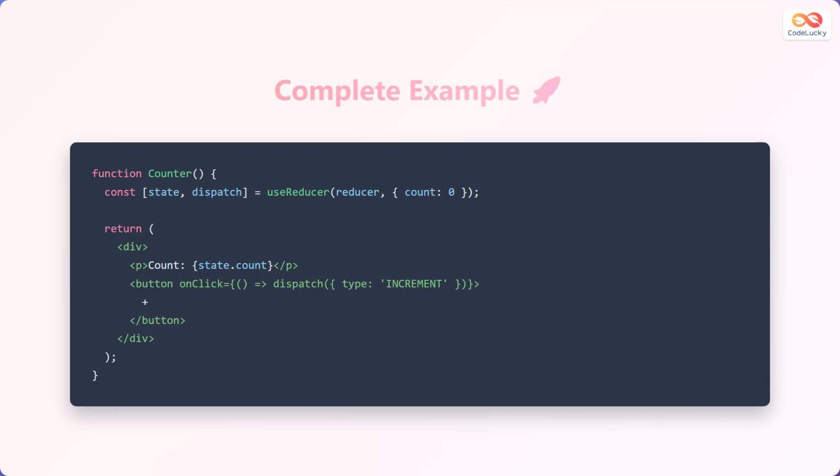return (<div><p>Count: {state.count}</p><button onClick={() => dispatch({ type: "increment" })}>+</button></div>); }